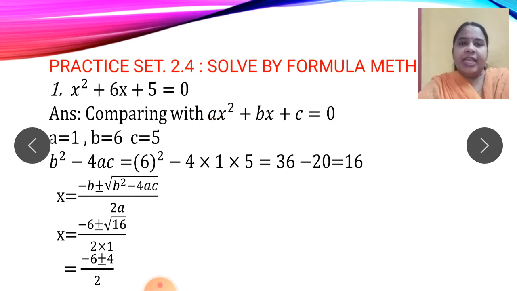Now see, a is here. What is written here? Nothing. Nothing means 1, so a is 1. In the place of b, what is written? Plus 6, so I can write 6. In the place of c, what is written? 5. When there is no negative sign, no need to write plus 6, plus 5, plus 1. It is understood. But suppose if it is minus here, you need to take the number along with the sign. So my first step of comparing the equation with the standard form is over.